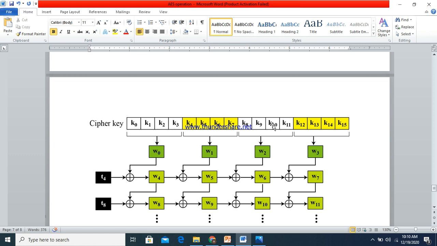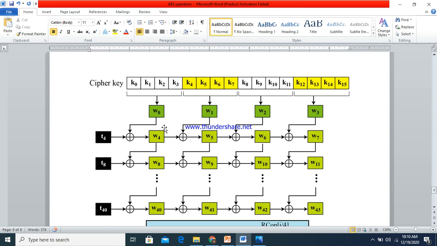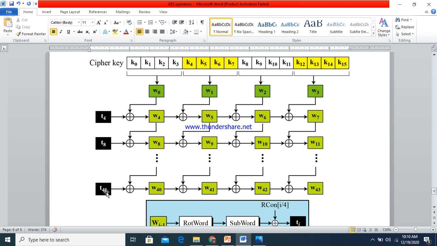So we take the 4 bytes each as word 0, word 1, word 2, word 3, totally 4 words. These 4 words we are going to use across the rounds to generate the keys.